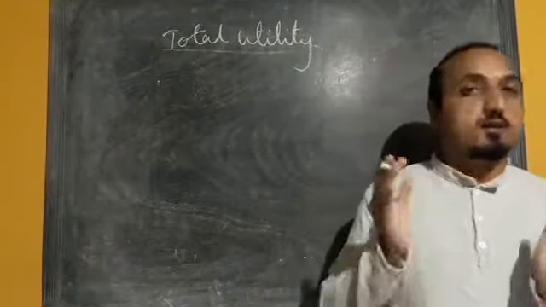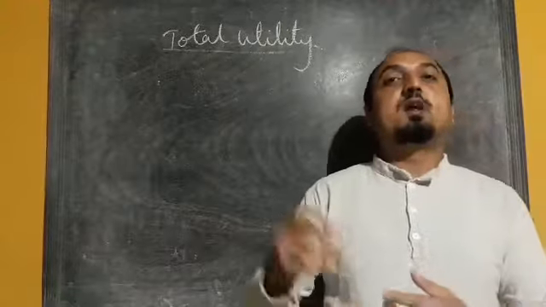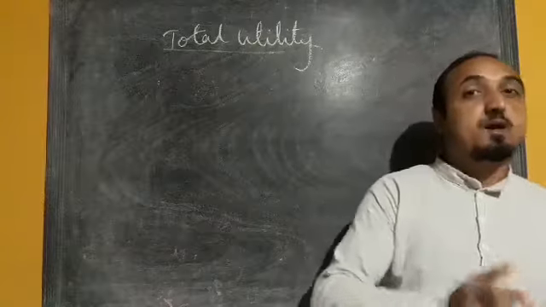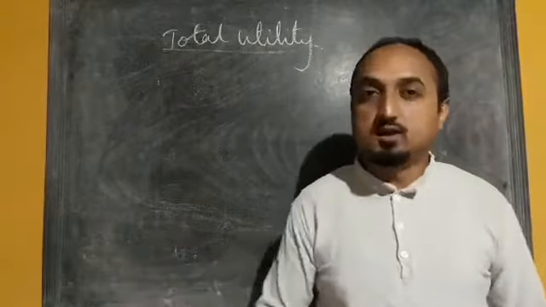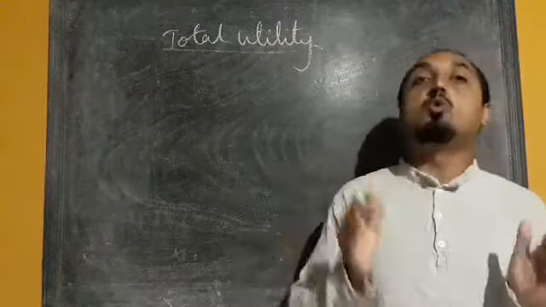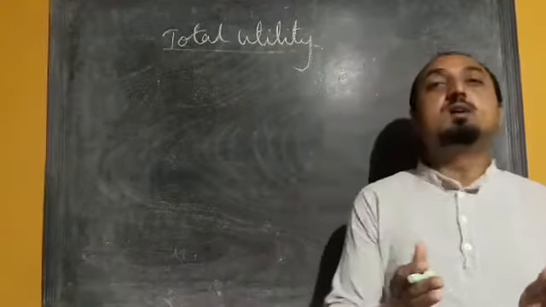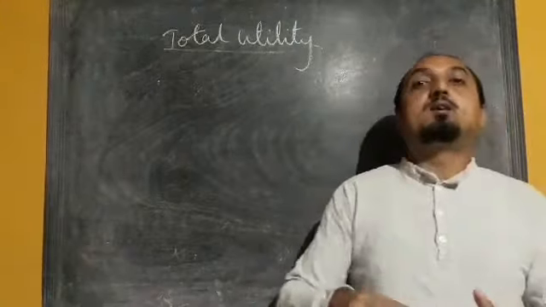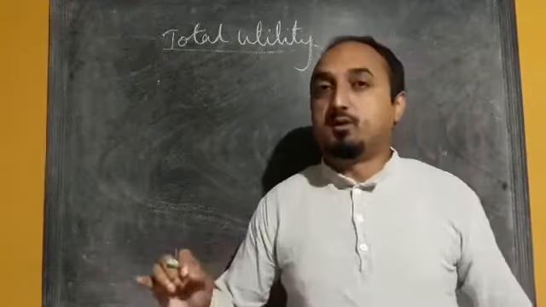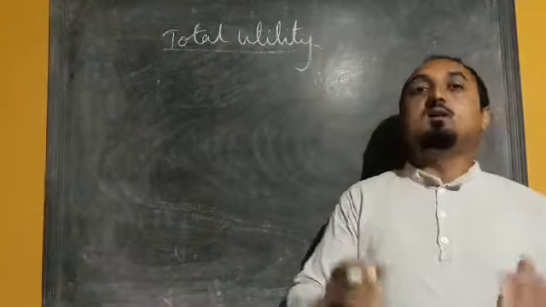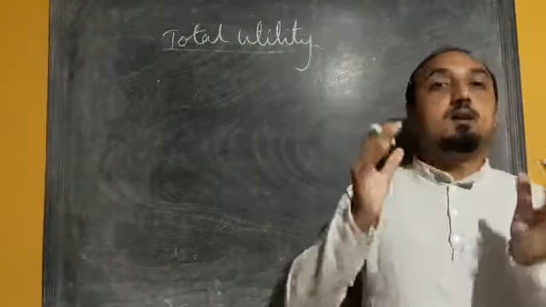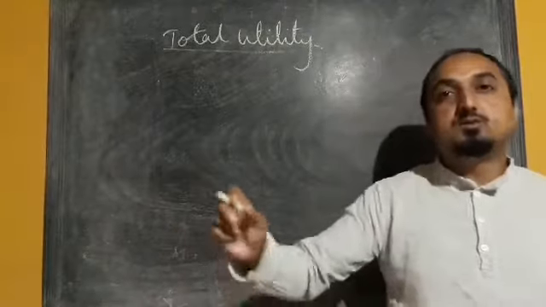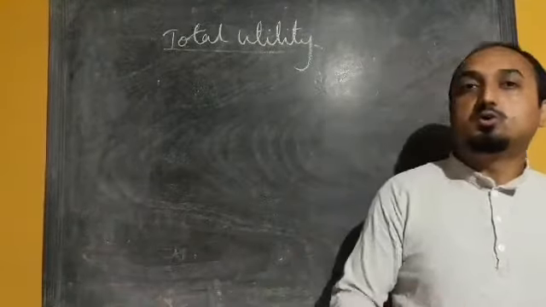So utility is defined as the level of satisfaction derived from consuming any commodity, or we have also mentioned that the satisfying power of a commodity is known as utility. So here we are going to discuss total utility. Total utility is nothing but the entire amount of satisfaction obtained by consuming a particular quantity of a commodity. Once again, what is total utility? The total utility is defined as the entire amount of satisfaction obtained by consuming various units of a commodity. So that is called total utility.